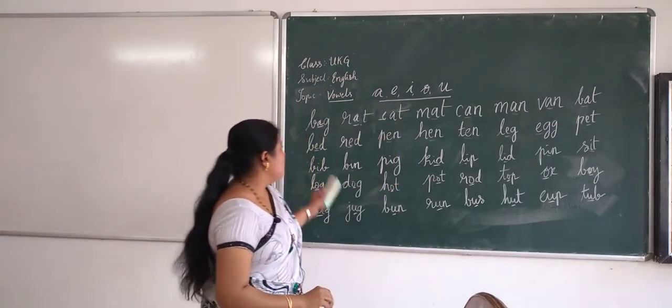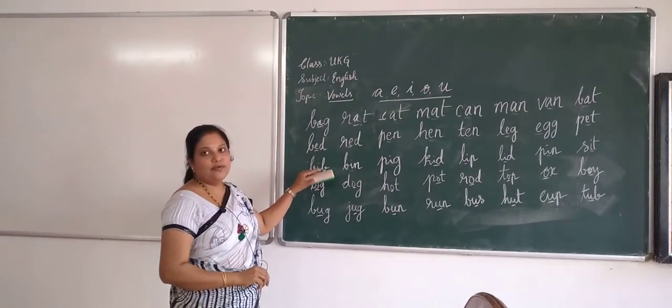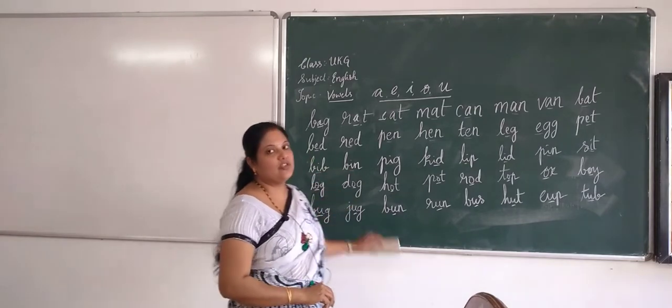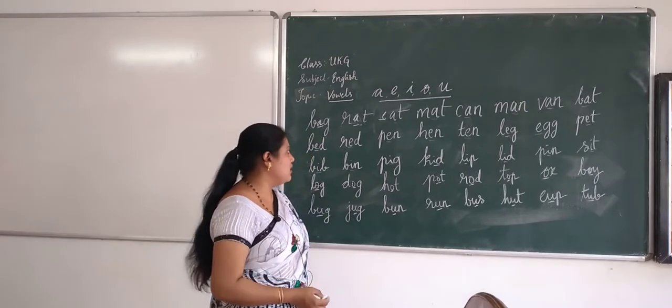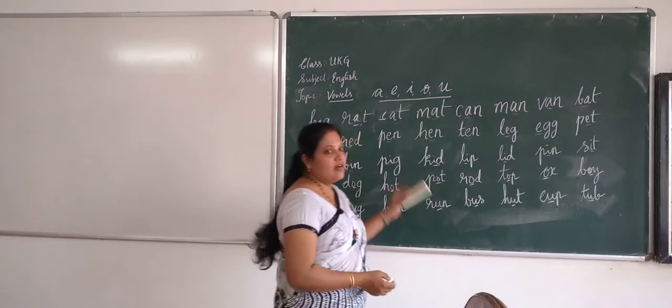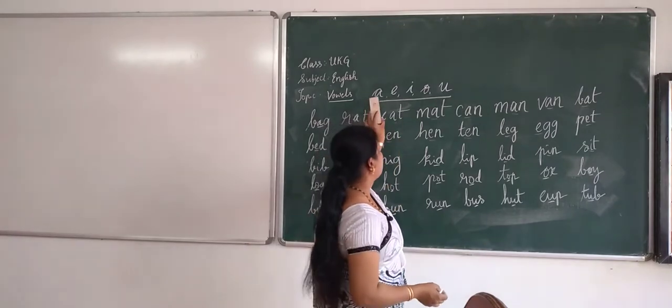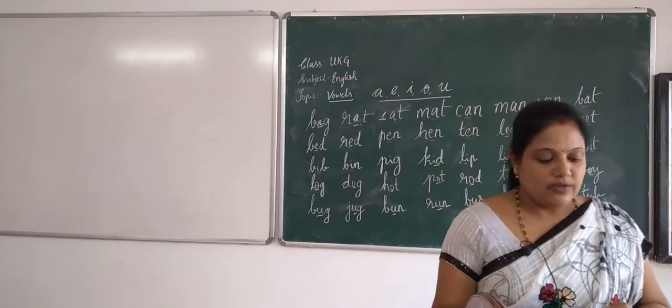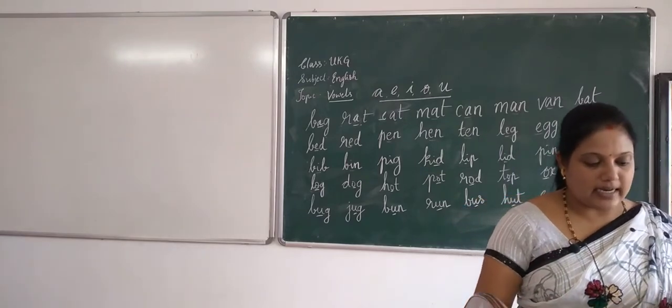Okay, children, in the similar way, you need to know all the fillings. You need to learn these spellings, children. It's very easy for you to learn. Yes, these are the vowel words. Normally it will have A, E, I, O, U in those. Okay, children, now let's open your textbook.